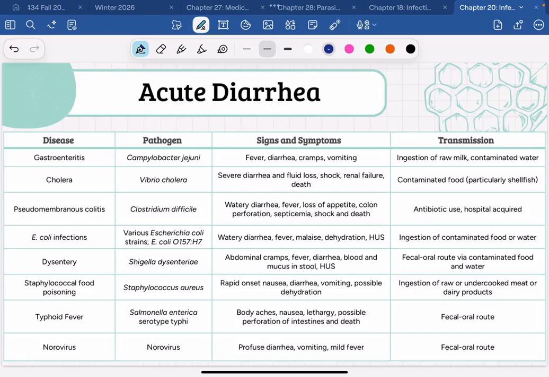So they all cause different forms of acute diarrhea. They come from different places. And so the best way I could think to do this was just to put it all in a big old chart, which again is not the kind of thing I usually like to do. You're not usually supposed to do that on lecture slides, but there were only so many pictures I could put up of somebody in a bathroom.